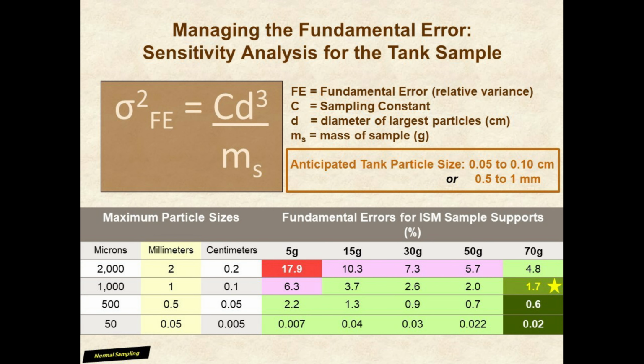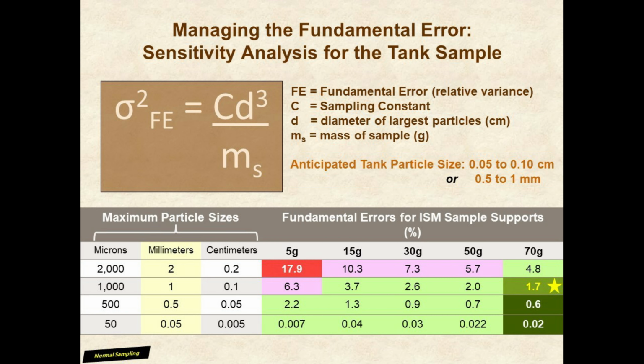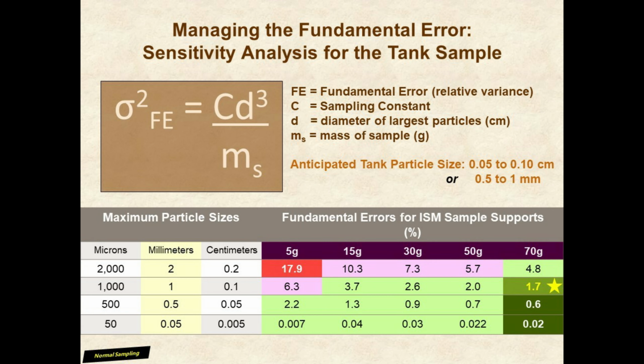In terms of the anticipated tank particle sizes, we see the expected maximums will be between 0.1 and 0.05 centimeters, or 0.5 to 1 millimeter. The matrix presents the particle sizes in units of microns, millimeters, and centimeters because the SRS ISM document uses each of these units. The horizontal rows present the fundamental error for the particle size mass pairings. The masses appear on the right portion of the matrix, starting with 5 grams and increasing up to 70 grams